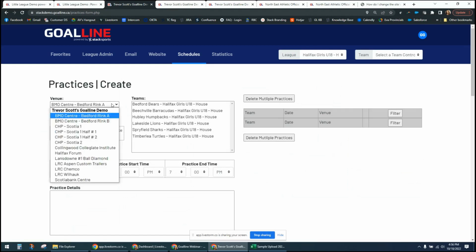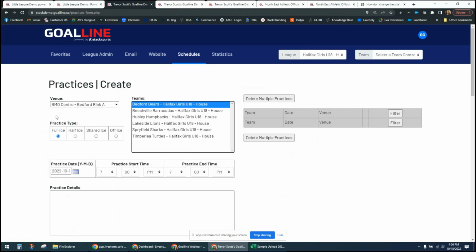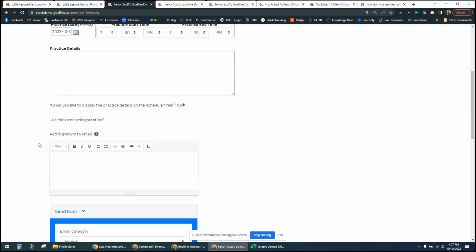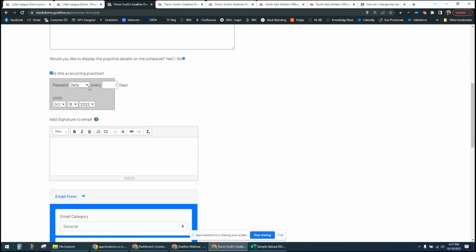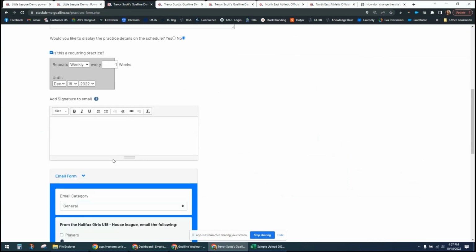So you're going to pick your venue, pick your team, pick your type, your date and time. So we'll just make this a little half-hour practice. That's full ice at the Bedford rink. And the other option that I have is to create a recurring practice. I can set a recurring practice that's every week until the end of December, and it will create multiple practices